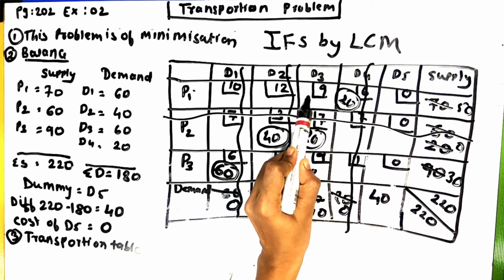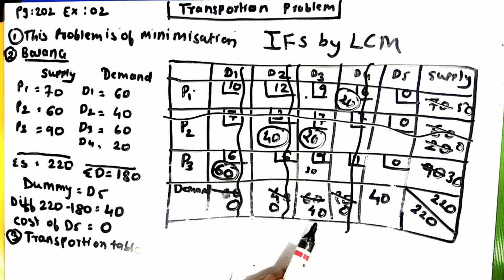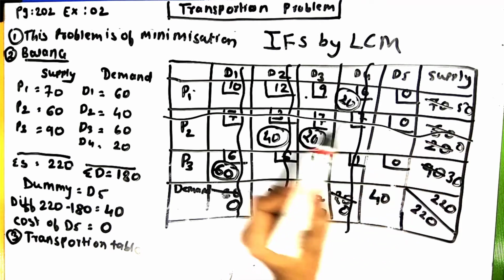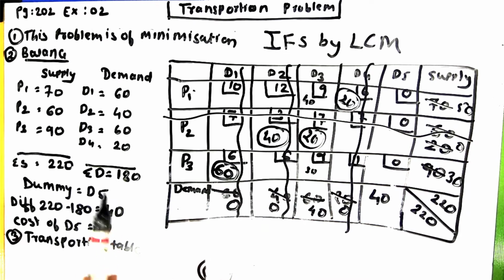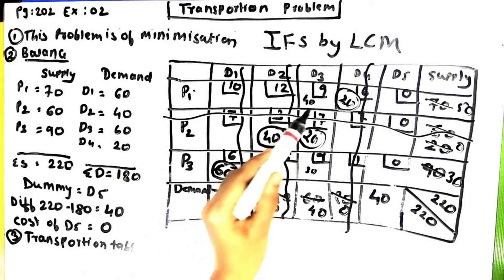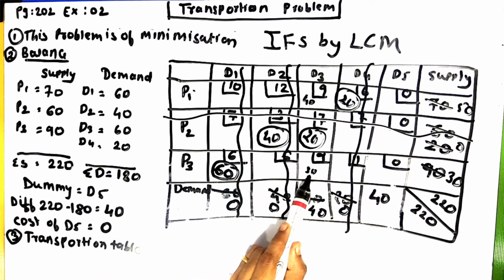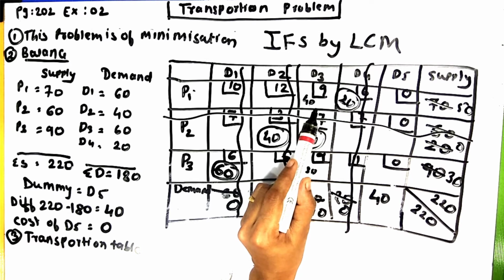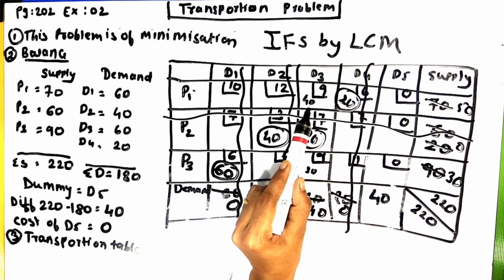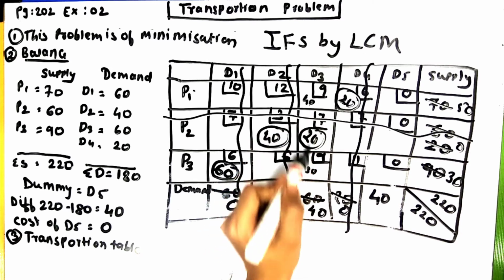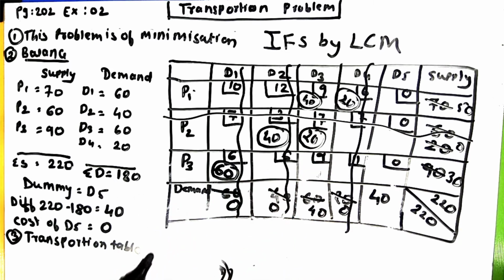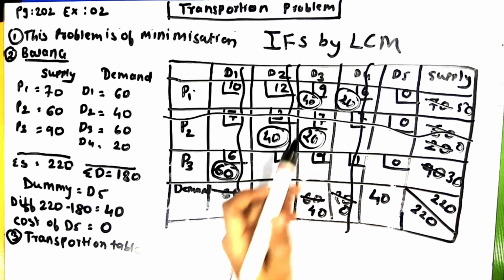Or if I give in P1 D3, then my demand side is 40 and supply side is 50. So 40 and 50, the lesser one is 40. So if I consider P1 D3, the allocation will be 40. Now I have to compare this 40 and 30. The maximum is 40, and the second rule of allocation is that we have to give maximum allocation. So while considering 40 and 30, we will consider 40 and 30 will be cancelled.